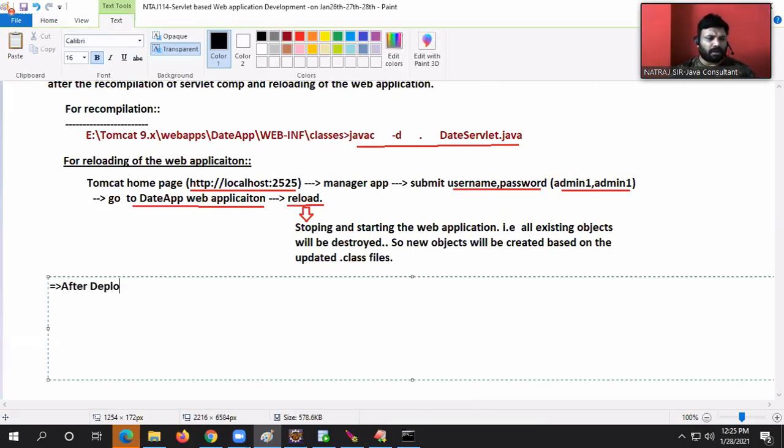After deploying the web application, the servlet component is not identified with its class name or logical name.